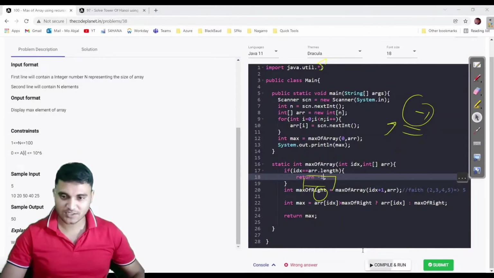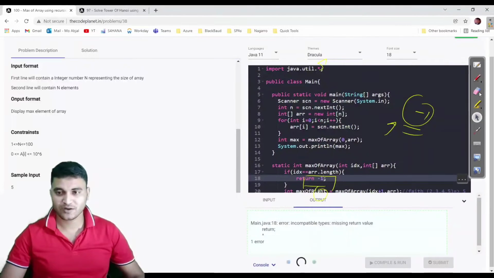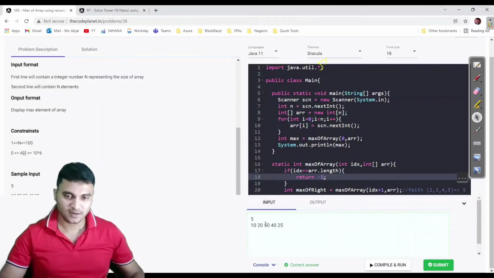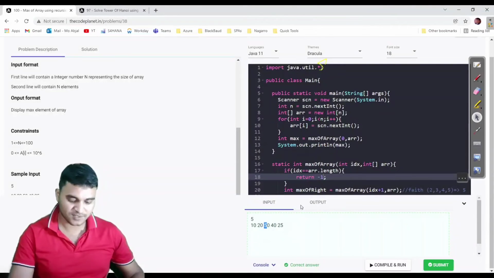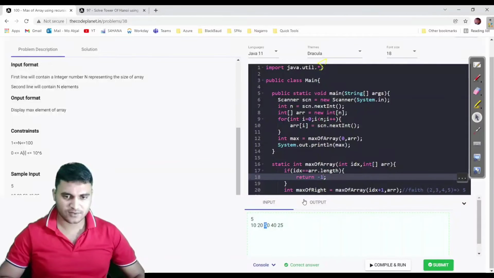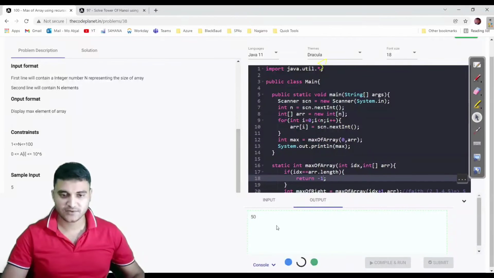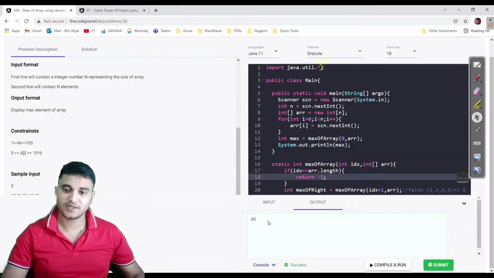So now let us try to run it, and I hope this time we would be able to get the answer. As you can see, I'm getting the correct answer also. Let us try to change it. Let us say I have written 5 here. So now what is the maximum? 40 is the maximum. Let us see whether we get it or not. Yes, we are getting it. Let us try to submit this. So all the test cases are passed.